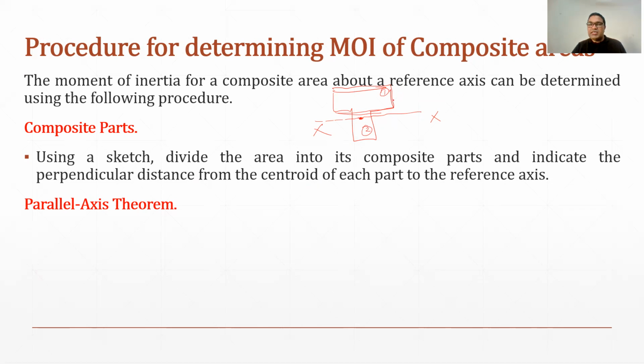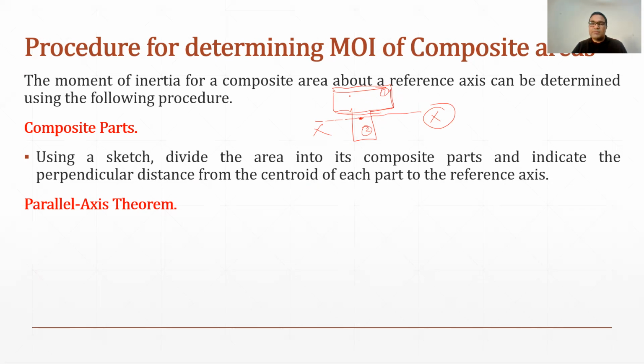and I have to find the moment of inertia of the whole T section about the x-axis, then what we are required to do is first divide the area, and then apply the parallel axis theorem if the centroid of an individual component does not match the axis about which we have to find the moment of inertia.